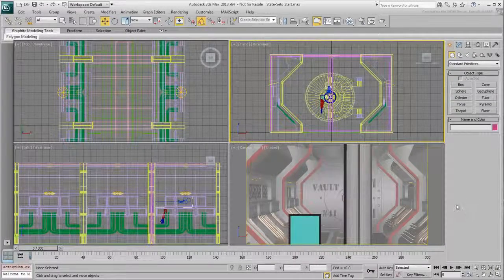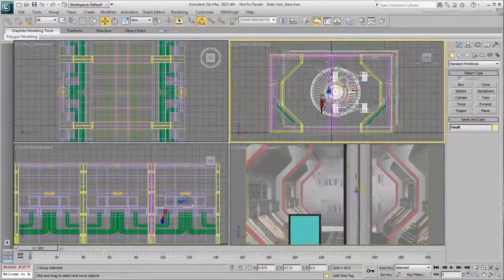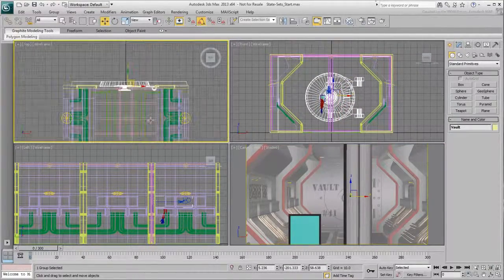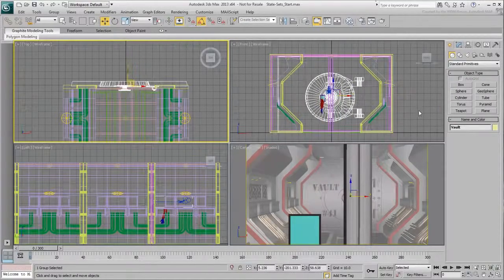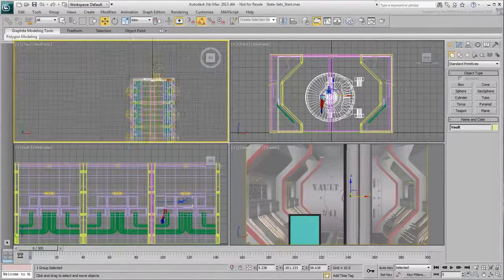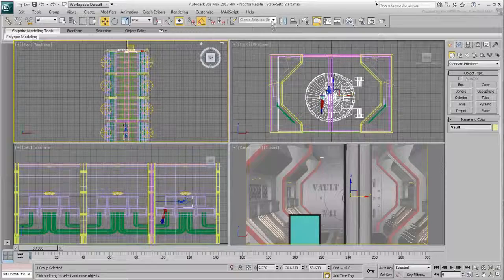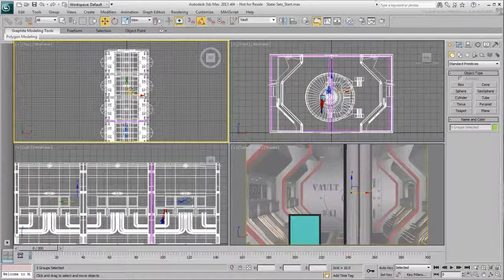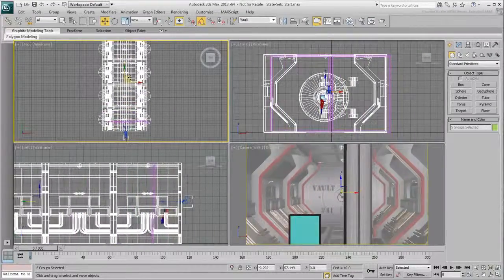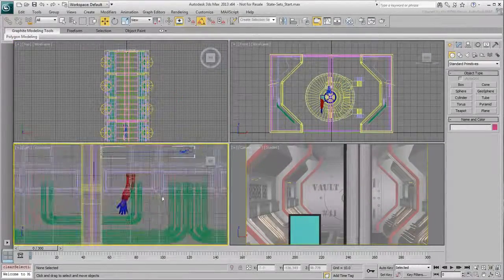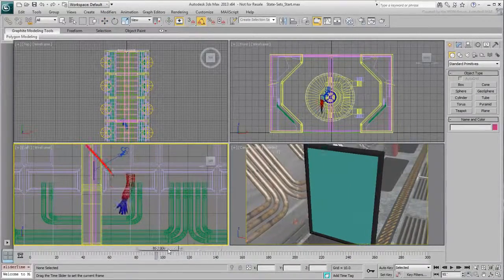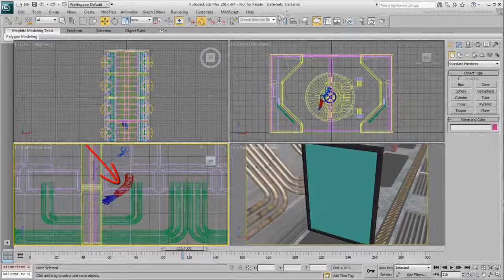There's also a vault group in the back that includes the vault door, its support, and the back wall. To make selection easier, a selection set has been created to include all objects that make the core of the vault corridor. This will be useful when you start creating state sets. Similarly, there are other objects contained in the scene, such as an animated arm, which also has its own selection set,